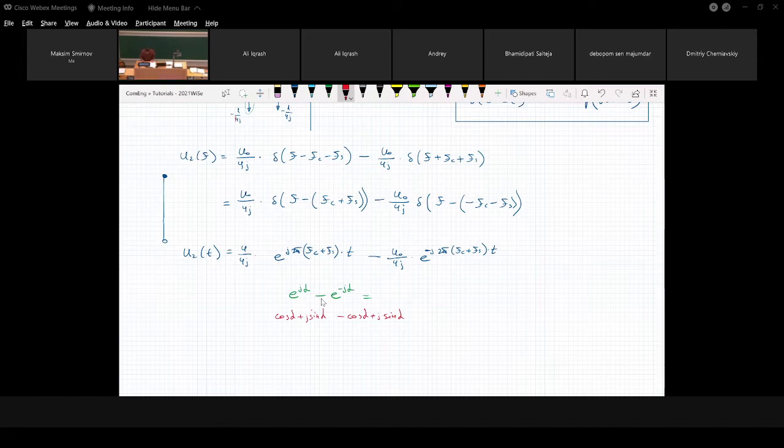Alpha. Correct. We have 2j sin alpha. So you see that we use all the same hints every time. Sin alpha. And we just use this trick and substitute our exponential function above using this trick. And what do we get? We get a sine function. We get that it equals